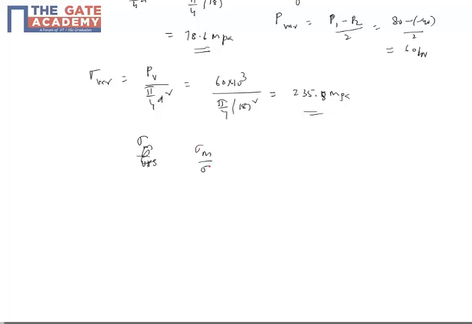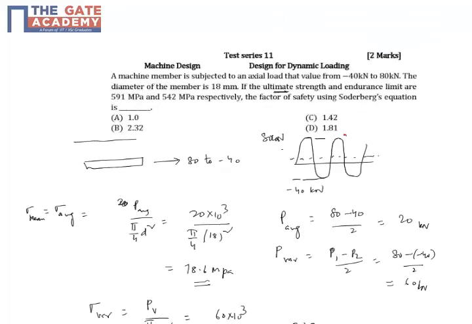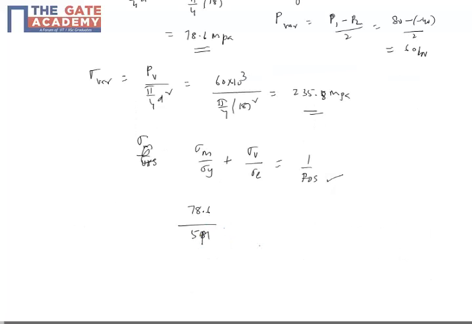Sigma mean by sigma yield plus sigma variable by your endurance, that has to be 1 by FOS. So FOS is something which we need to find out. The mean is 78.6, yield is not given, but we assume that it is equal to the ultimate 591. Okay, and endurance is given as 542 and the variable is 235.8. So this value comes about is equal to 1 by FOS. The FOS value